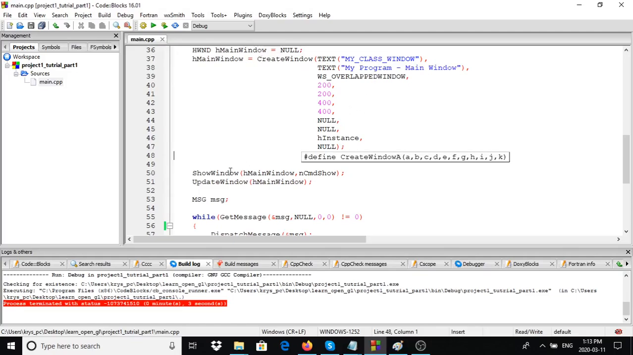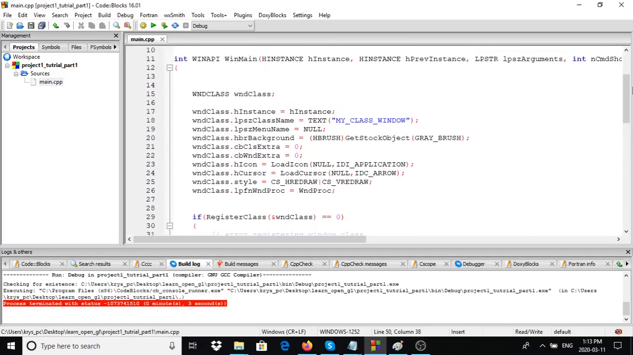After that, we go to the next step, which is the update window. What the update window function does is take a handle to our window, and it sends a WM_PAINT message to our window procedure. And the window procedure we declared already, right here, when we created our